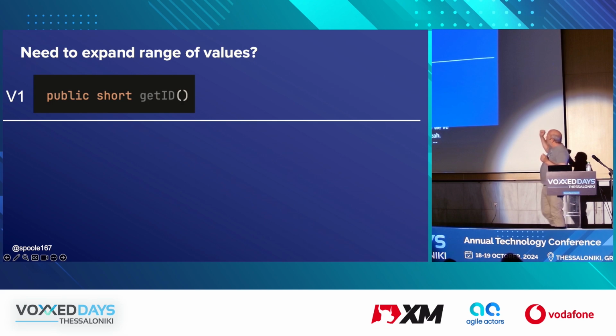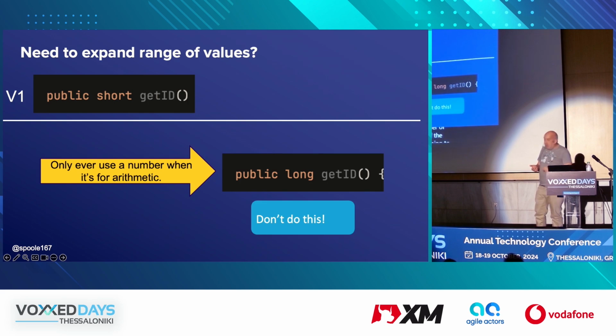Okay, so version 1, public short get int. The number of times you go, the range of the value I'm giving back is just going to be between 1 and 10. And then the next thing you know, you go, okay, I need it to be longer. You can't change that without breaking your APIs. But that's really because we overload primitives with meaning. We go, okay, so that thing I'm using looks like a number, so we'll store it in a number. But that's really bad.